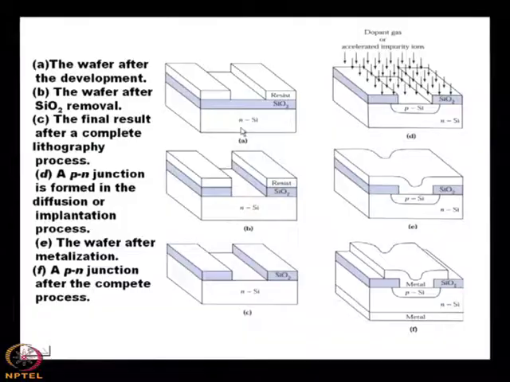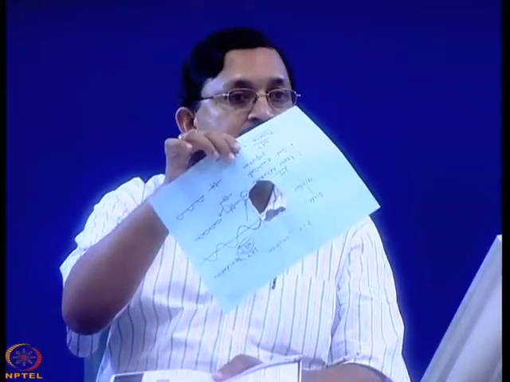Why? Because I have started with an n type silicon. So, for a p-n junction you have to dope it with p. Without masking, the whole region will be p type, so the complete surface will be a p-n junction, and you do not have any control on it. But as soon as you use this type of masking, only on this portion will there be p type doping, and the area of the device will be